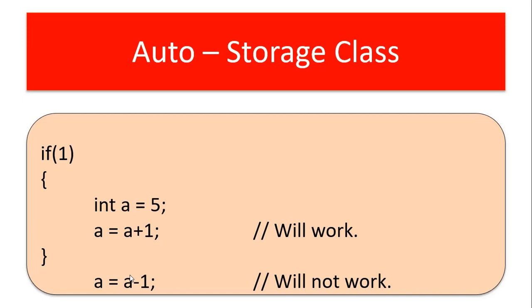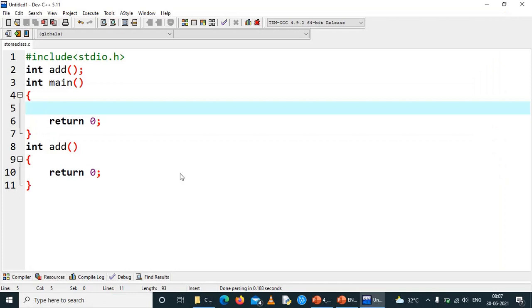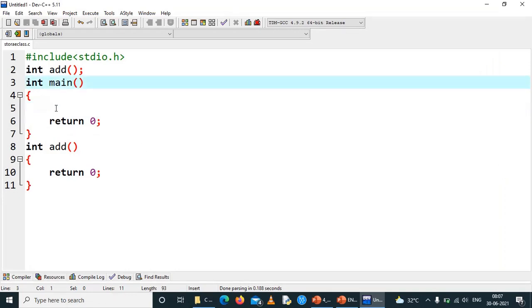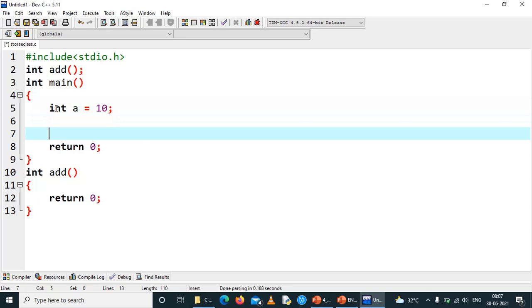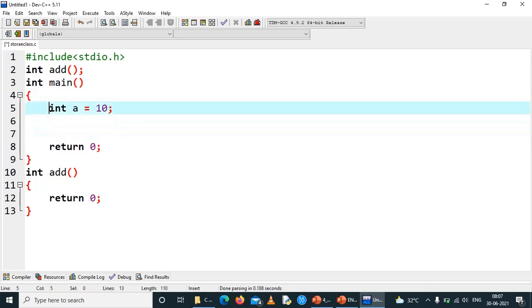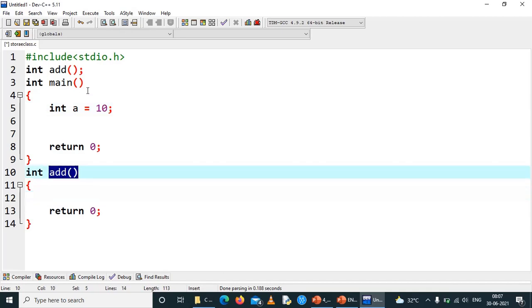So we will have a code example. Let us consider this main function. I am going to declare a variable, int a equal to 10. So this variable a can be accessed anywhere inside this block, but this variable a cannot be accessed from here, which means for this function the variable a is unreachable.